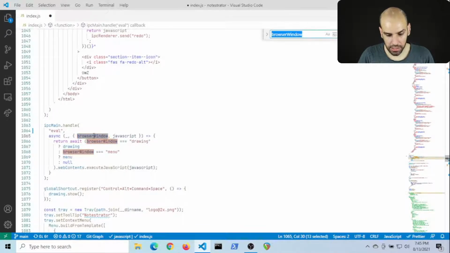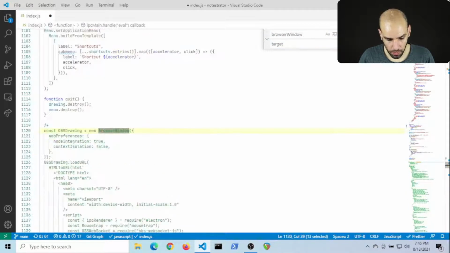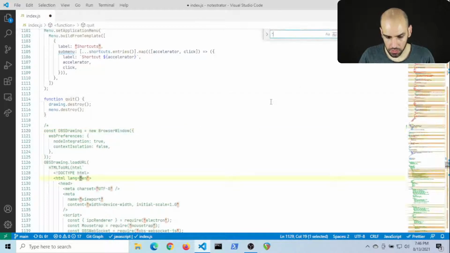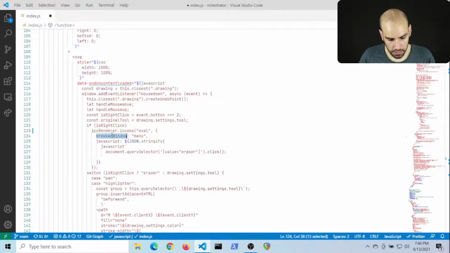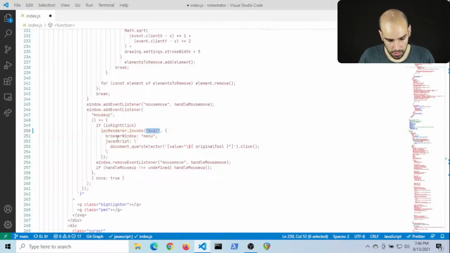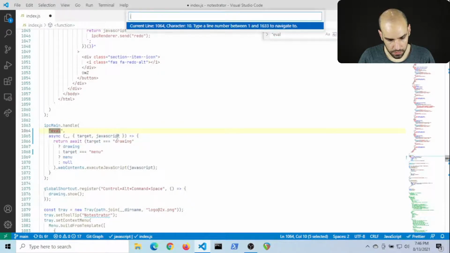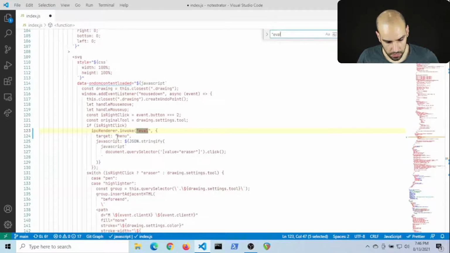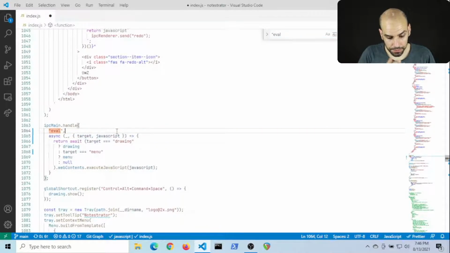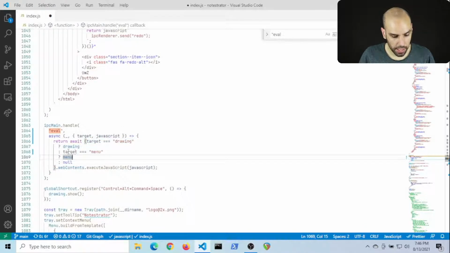It is probably like the target of where I want to run this. And then let's look for eval and change those places. Yep, that's right. And I did all this because I don't want to support only my drawing and menu. I also want to support the main process.